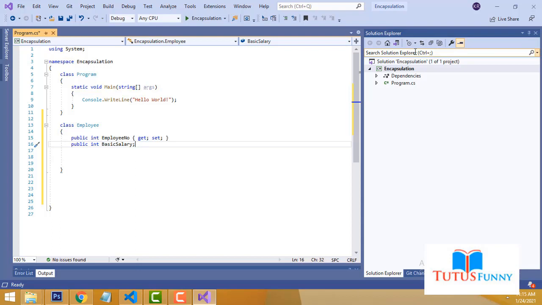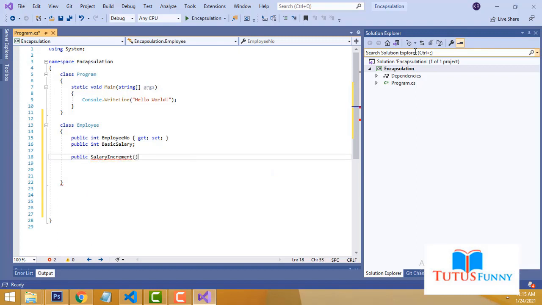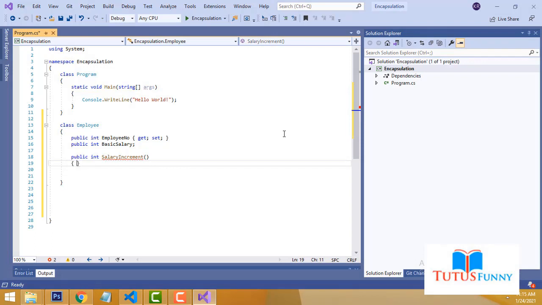Now I am going to calculate one more thing. I have created another function, public, you have to write SalaryIncrement. We have to create the function. The return type should be int. Open curly bracket and close curly bracket to close the function.